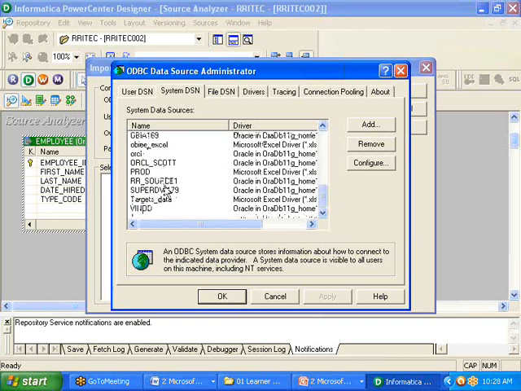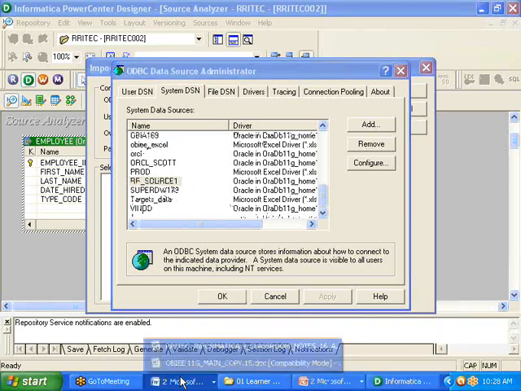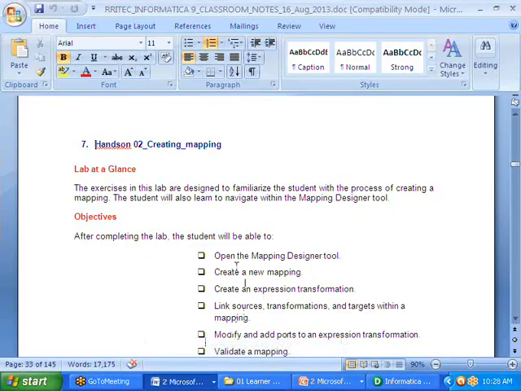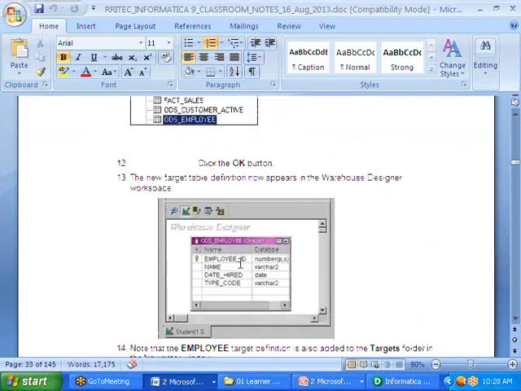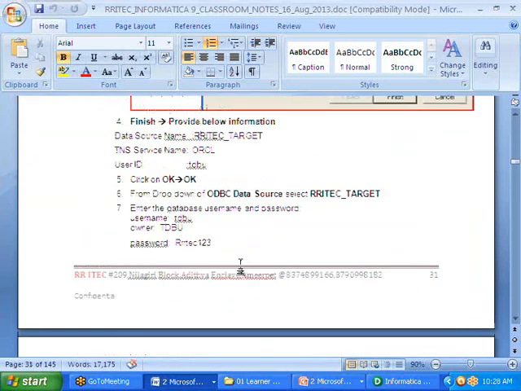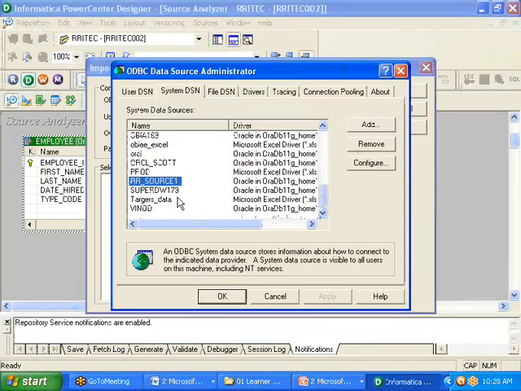But RR source 1 is not there. Not RR source 1, it is something else. Let me see the name you gave. I forgot actually. You need to remember that. RRITech underscore target is available here, so maybe I gave RRITech target.